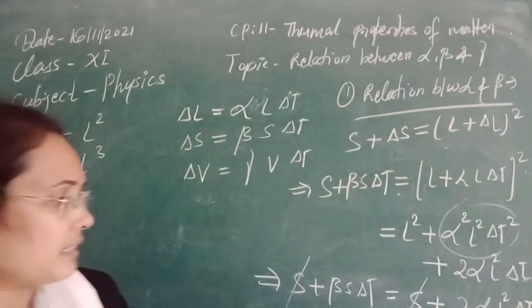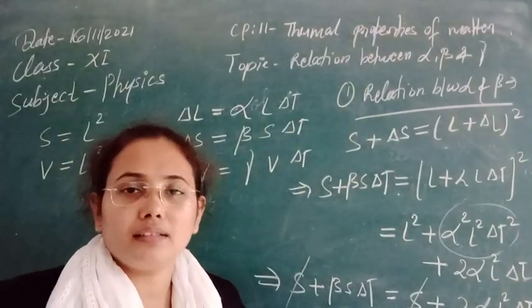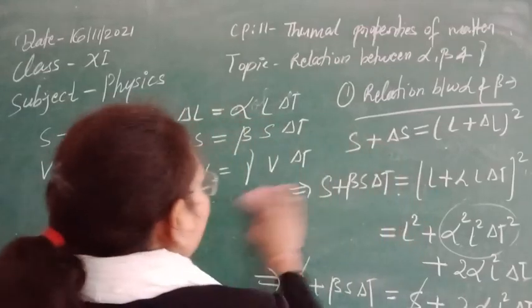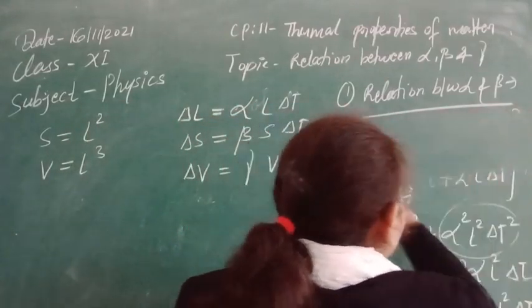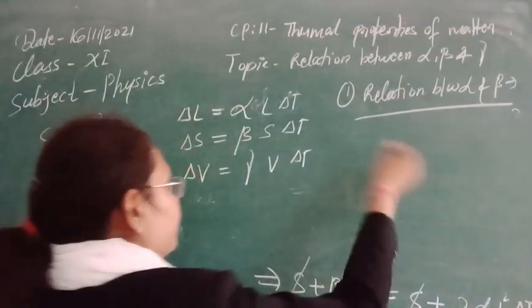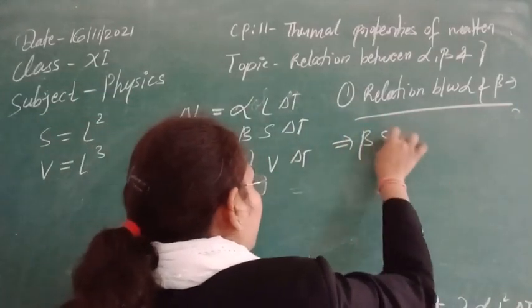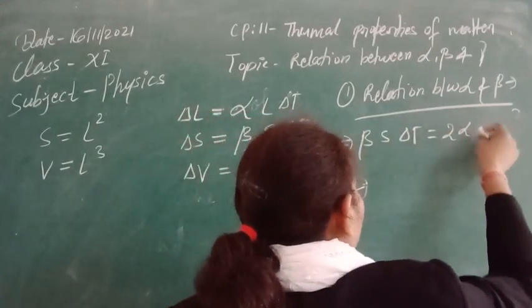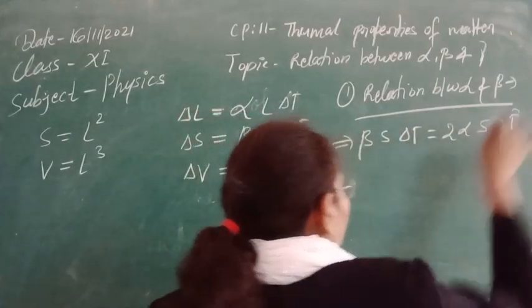So as S delta T and S delta T both are on this side, I think this is not visible completely. So let me make this one, I will write this one here. So this will finally be beta S delta T, and this will be 2 alpha L square, that is S, this is now delta T.